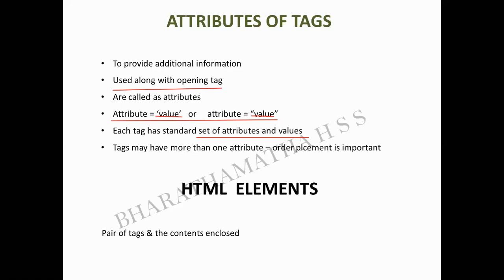So more than one attribute can be placed for one tag. Okay, order of placement is important. Based on this only you will be seeing the outputs. Okay, is this part clear? Attributes provide additional information, that is, extra for us, especially for formatting work. So all these extra properties you provide using attributes, placed along with the opening tag.